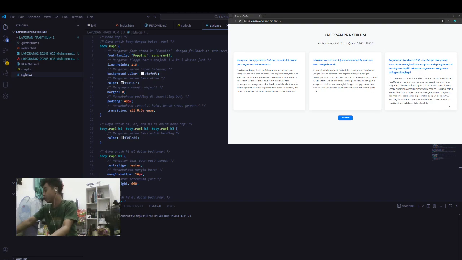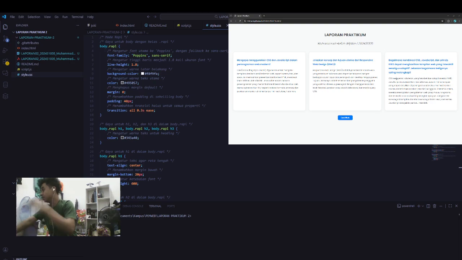In addition to rapi mode, I created a completely opposite design called berantakan mode. This mode extremely uses bright colors, rotated text, dotted borders, and chaotic positioning. It is intentionally messy, not practical to use, but to demonstrate how CSS can completely transform a page simply by switching a single class on the body element. In short, CSS is responsible for visual design, layout structure, responsive behavior, animation, theme switching, etc.